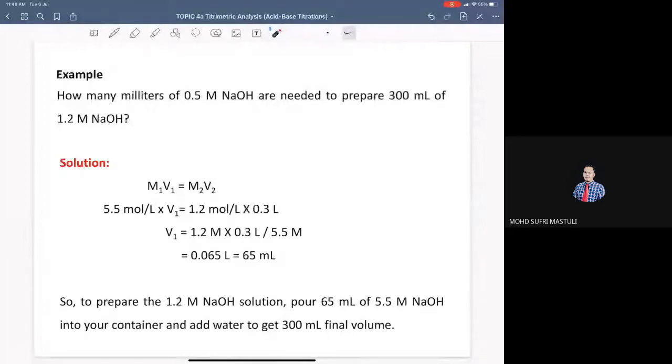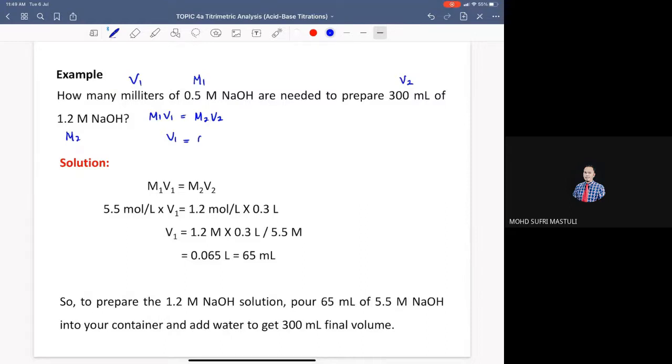We can try. It's very simple. How many milliliters of 0.5 molar sodium hydroxide do I need to prepare 300 ml of 1.2 molar sodium hydroxide? It's asking you how many ml. So this involves dilution. You're asking what is V1? You know the M1, you know the V2, and you also know the M2. So by using the formula M1V1 equals M2V2, if you want to know V1,